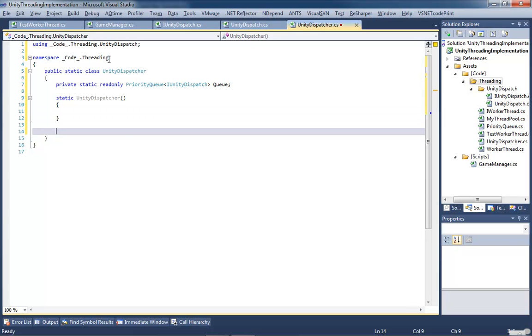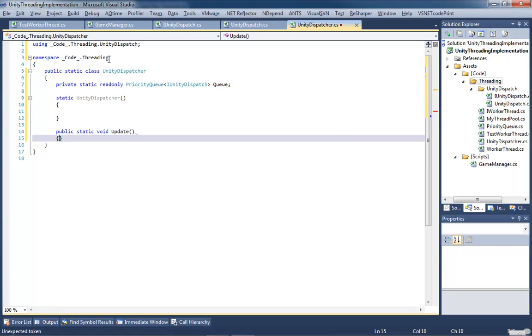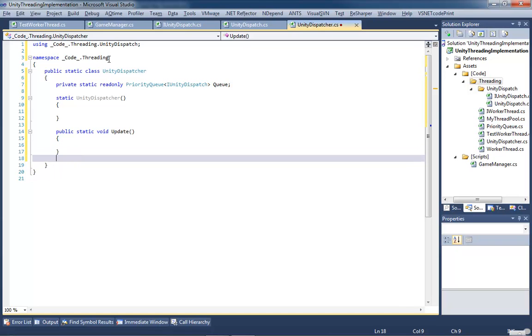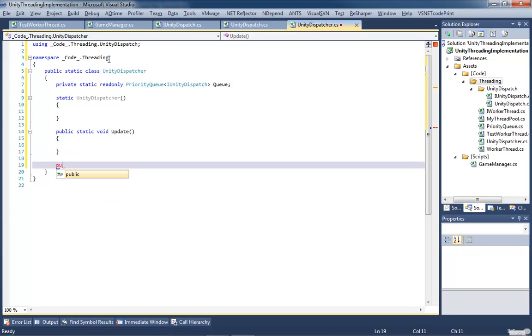Seeing how it's static, we're going to make a public static Update that's going to have a void return type. And we're going to need a public static